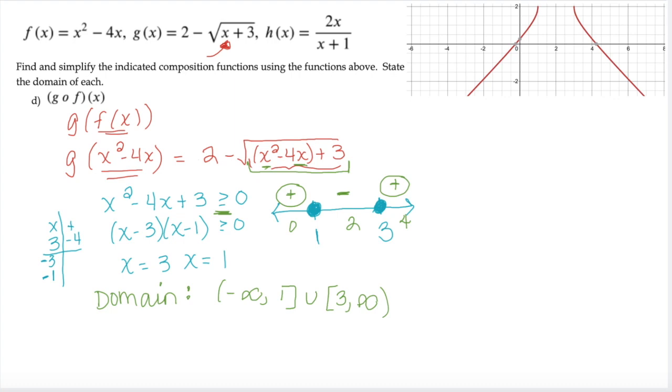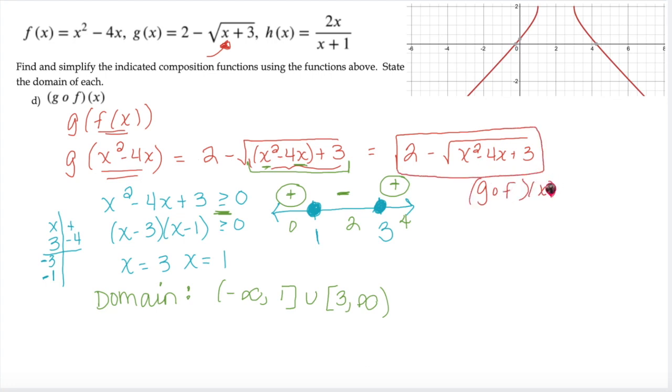There's not much we can do to simplify underneath our radical here, outside of removing the parentheses. So this value here represents g of f of x. And then our domain given is negative infinity to positive 1, union